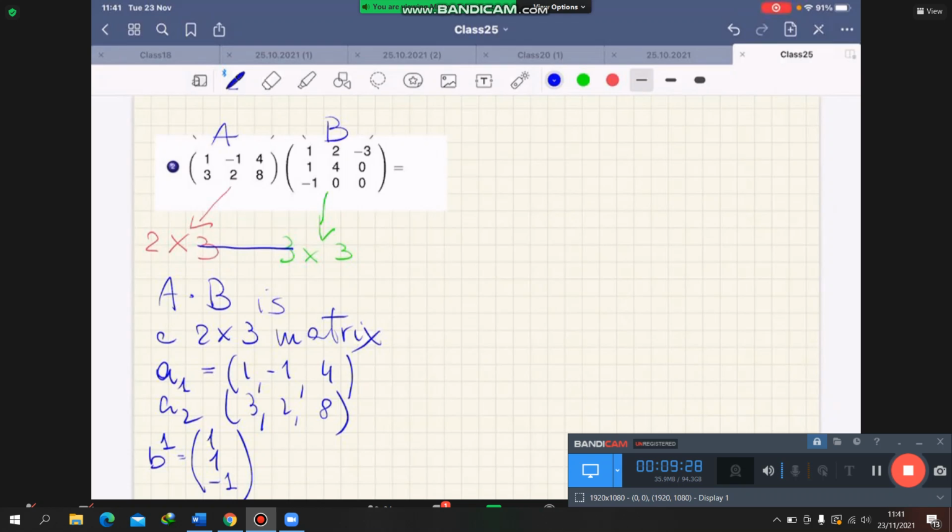In this way, the inner product would be a particular case of a row by column product. You multiply a 1 by 3 matrix by a 3 by 1 matrix and obtain a 1 by 1 matrix, which means a number. B2 is 2, 4,